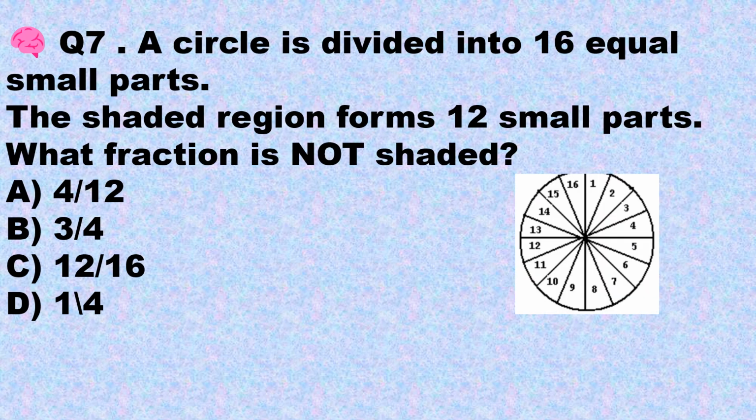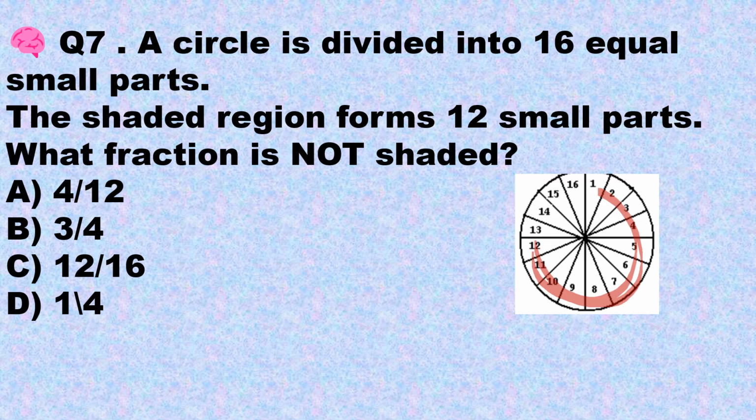So here the next is a circle is divided into 16 equal small parts. See, the shaded region forms 12 small parts. So shaded region forms how many small parts? 12. So I'm shading these 12 small parts. Okay. So now next,